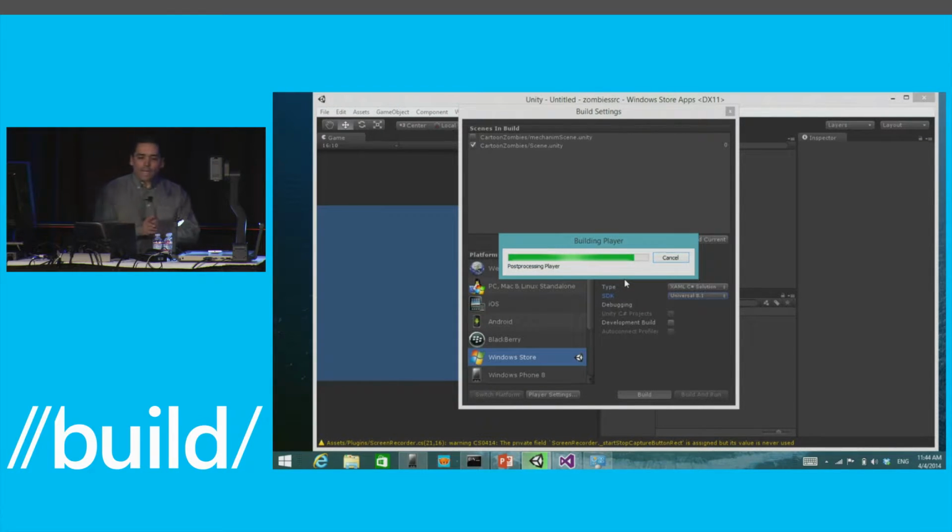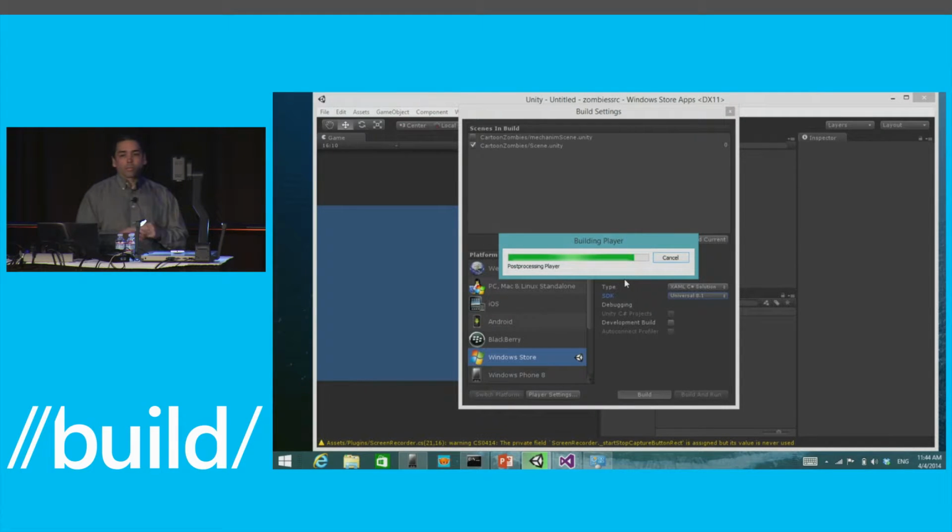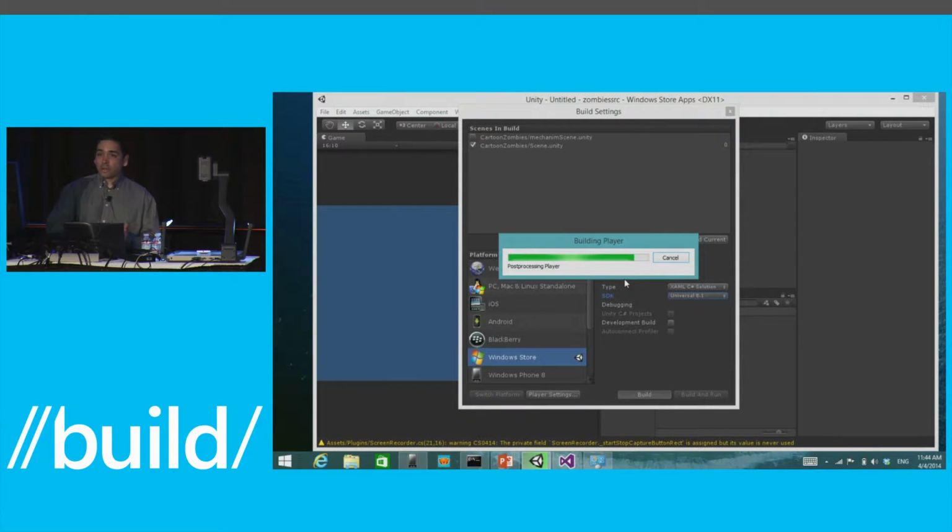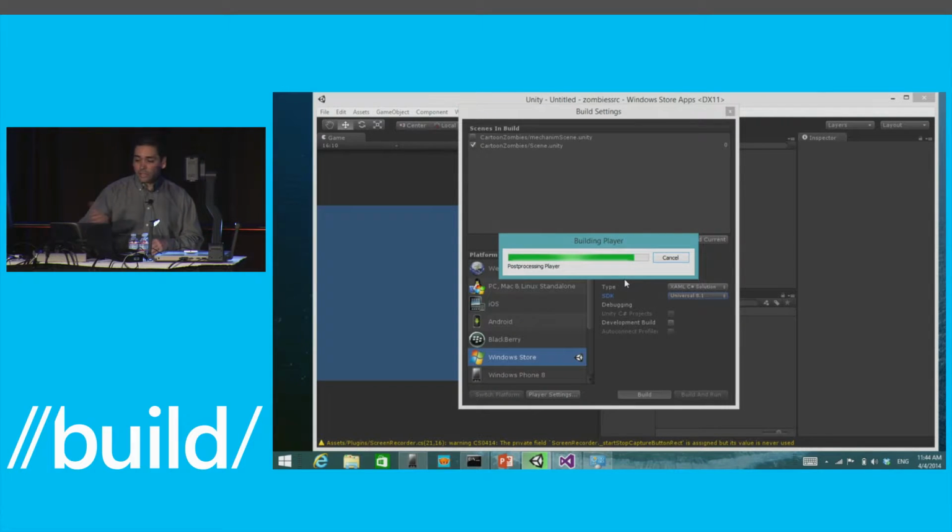So while we're at it, let me catch you up on where we are with Unity. Unity has gone through 2 or 3 major releases. Again, the RTM was last summer. And we're seeing some great momentum. Right now, we have about 4,000 games in our store that are using Unity. It started very slow. So the first 2 months or so, we had a couple hundred games. But we're ramping up very, very quickly. And the friction to come into Unity with porting your game is constantly decreasing. We have a lot of white papers. We have a lot of great documentation. And as you can see, from day one, as we are announcing universal projects, Unity is also ready with universal projects.